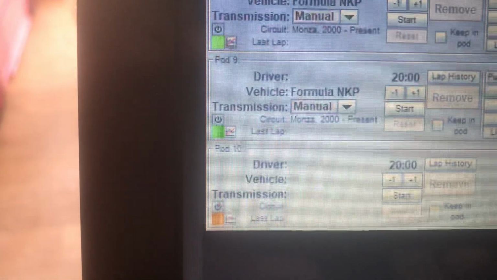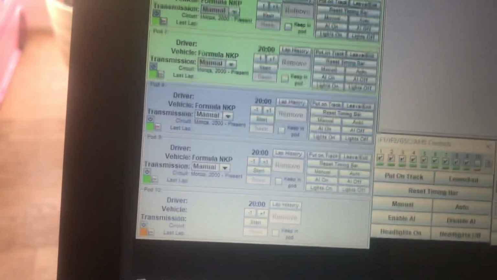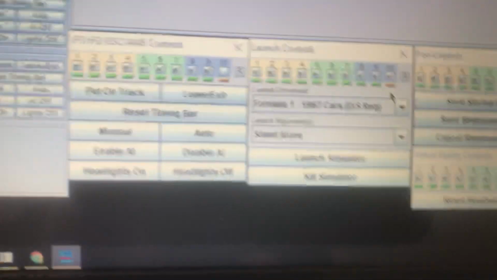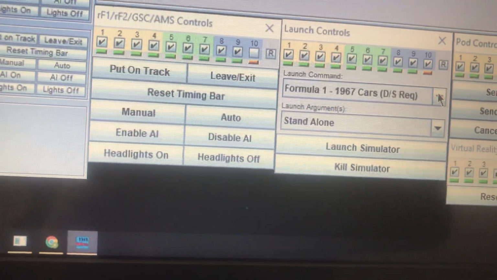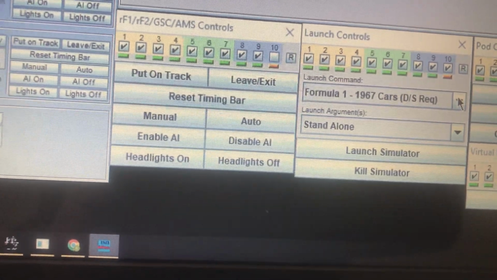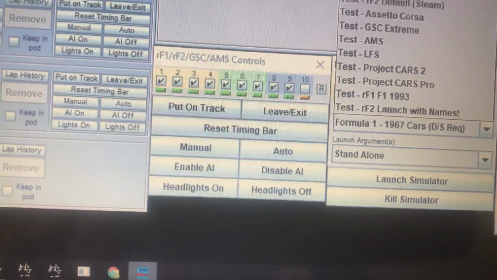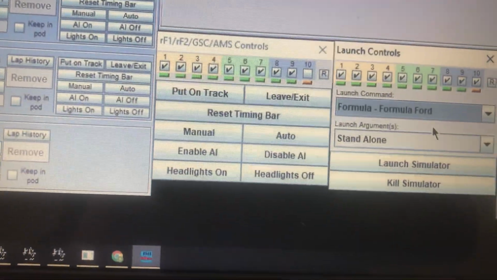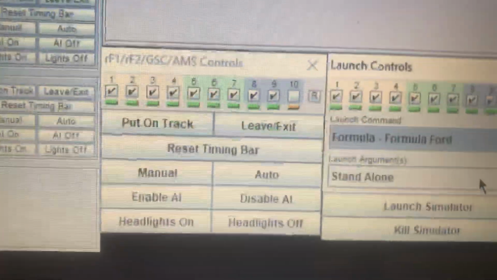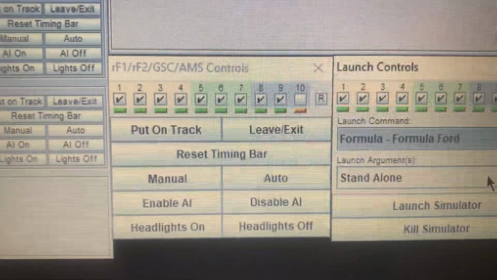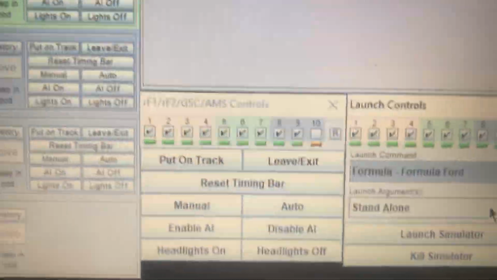So EMS has just started, and there we go, pods green, green, green, green, green, green, green, and number 10 is now showing as orange. EMS has connected to pod 10 across the internet. So now let's connect a vehicle. Now when you do the launch from EMS with rFactor 1, which I'm using for this demo,